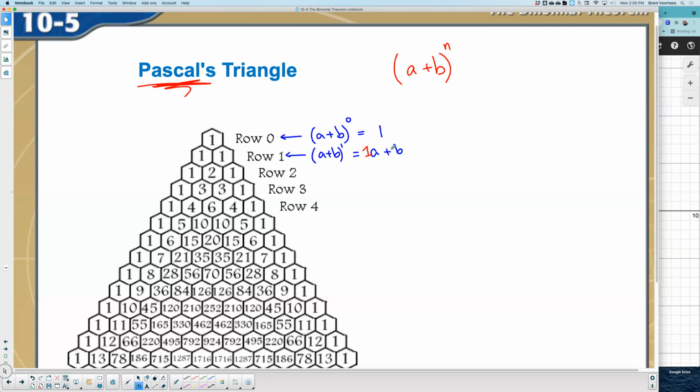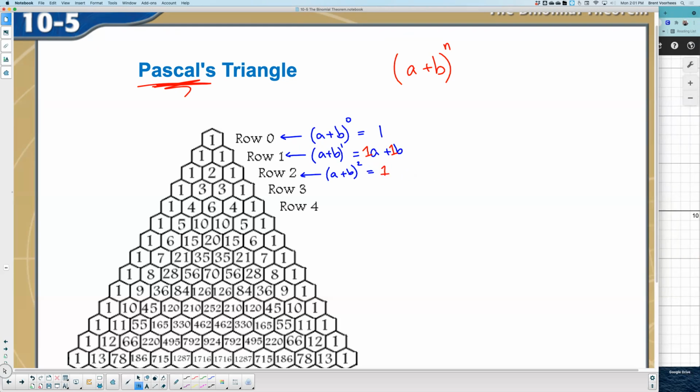And how many b's do you have? 1. No, that's why you have 1 and 1. Now, the next one we could write out, I'm not going to do it. I'm just going to write it how I have been. A plus b squared. If you multiply this out, a plus b times a plus b, and you FOILed it, you would come up with